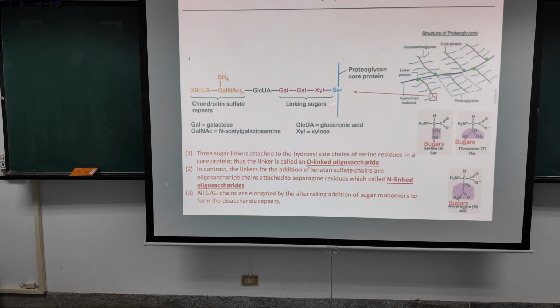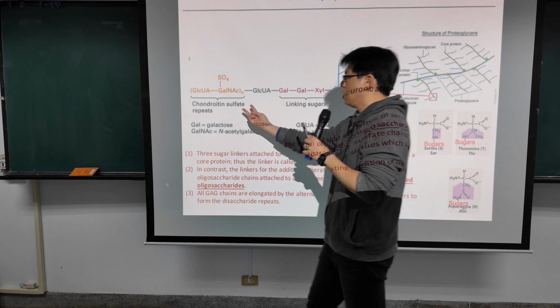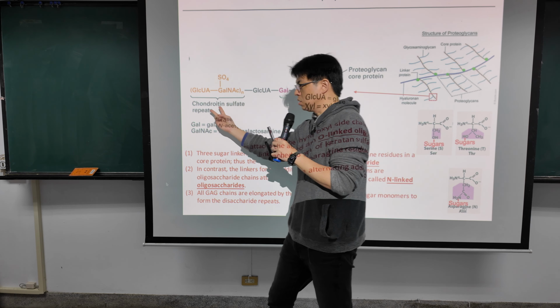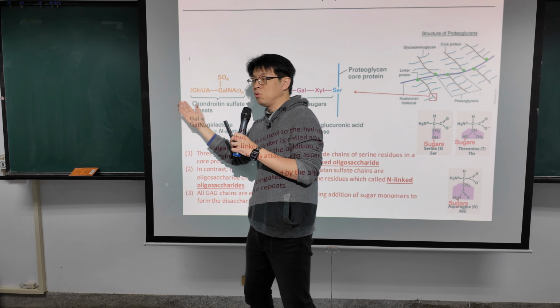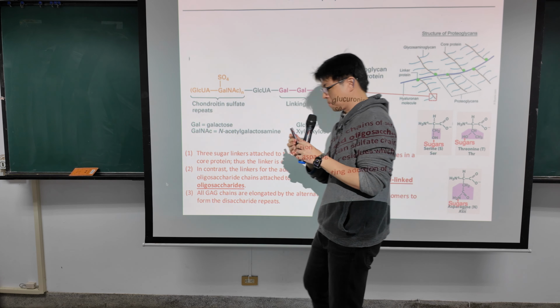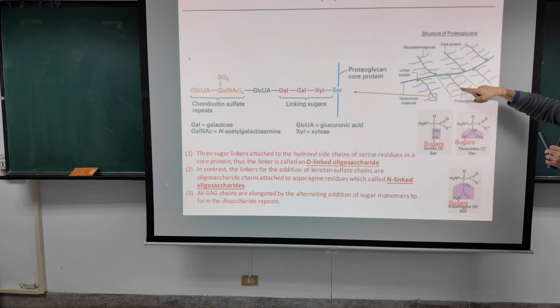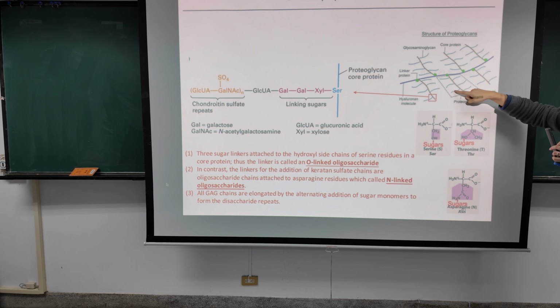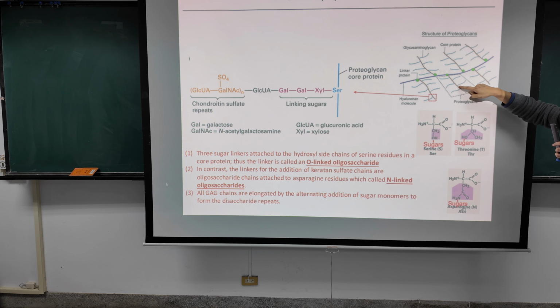For example, this will be a linkage sugar bound to the serine, so we call this O-linked oligosaccharide. After the linkage sugar, they will add the repeated disaccharide, conjugating something. Usually it can extend to 200 units. And that is why you will see this repeated disaccharide. They conjugate with certain